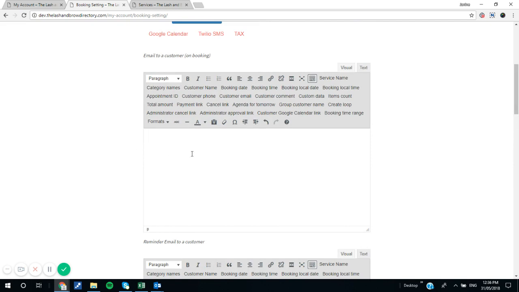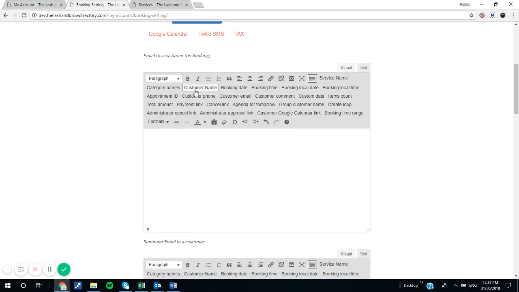So just any information that you want to go out, but remembering this will go out to every service that you have if you use the default. And if you don't change the defaults that we have set up, the system will send them out to every client. So basically, up here, we have what we call the